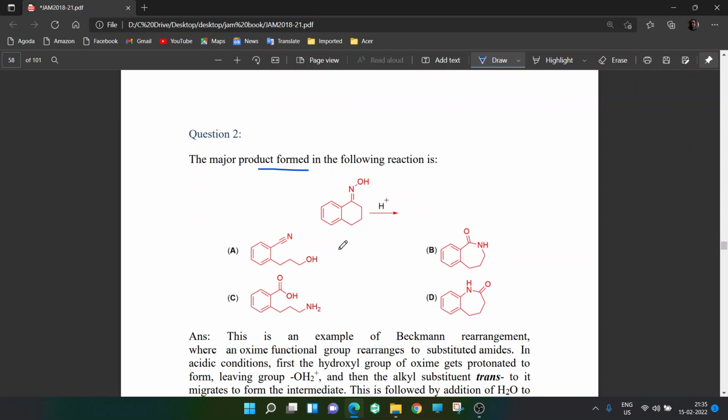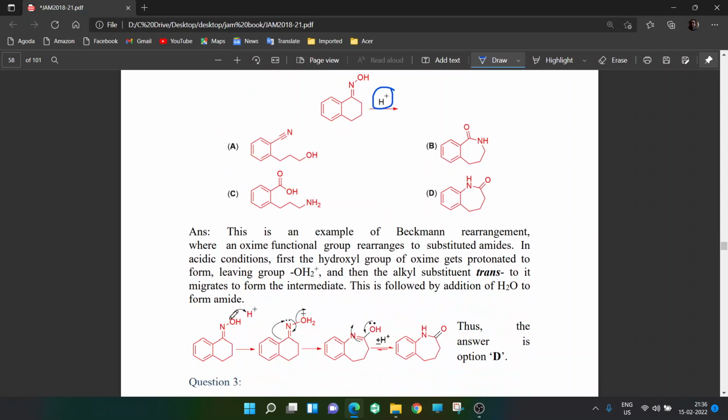So you have an oxime in the presence of acid. This is a very famous reaction called Beckmann rearrangement. How the reactant is formed is, you have a ketone, you react with NH2OH, H2O is lost and you get this oxime, and then you add H plus. When you add H plus, the first thing that happens is it protonates and you get OH2 plus. Okay. Now for Beckmann rearrangement, remember very clearly,